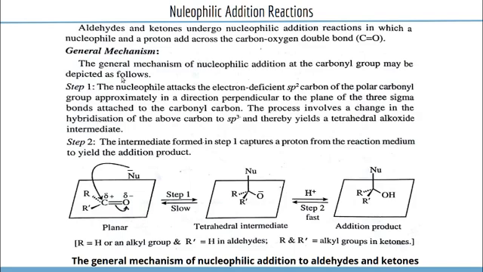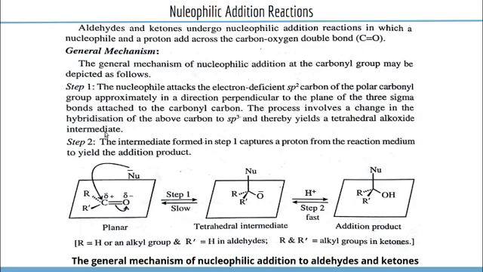So the general mechanism of nucleophilic addition involves mainly two steps. In the first step, the nucleophile attacks the electron deficient sp2 carbon of the polar carbonyl group approximately in a direction perpendicular to the plane of the 3 sigma bonds attached to the carbonyl carbon. The process involves a change in the hybridization of the carbon to sp3 and thereby yields a tetrahedral alkoxide